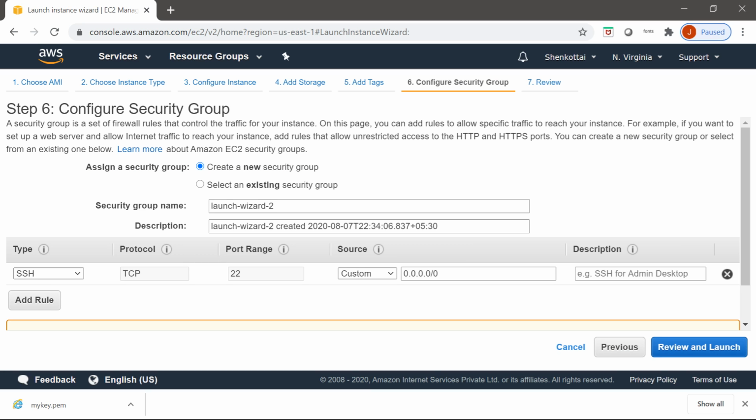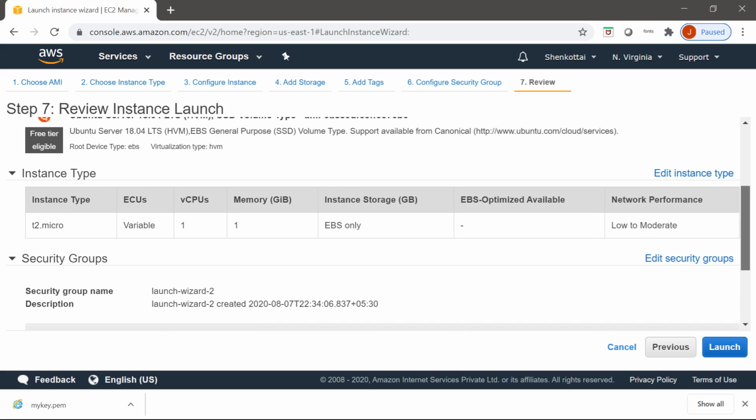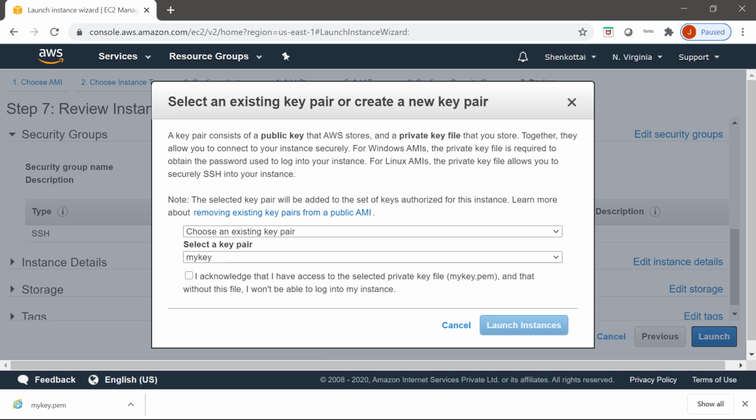Without this port we can't log in to this instance. Then I will give Review and Launch. Everything is fine. You can review this configuration once again and launch. Here I am using only default values, but no need to check, and I will give Launch.